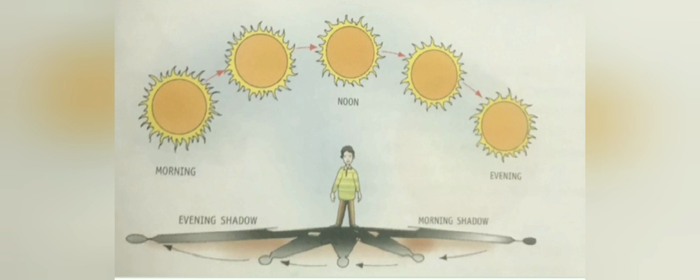Children, on page number 101, there is one activity. They have given three images in that activity. In those three images, we have to find out the source of light and the object that is blocking the path of the light, meaning the object which comes in the direction of light and blocks it, and we have to mark and write the shadow there. Complete both the activities from page numbers 100 and 101 and send them. Okay, thank you.